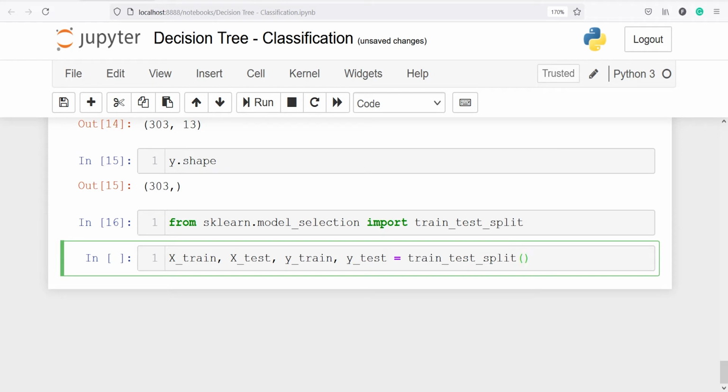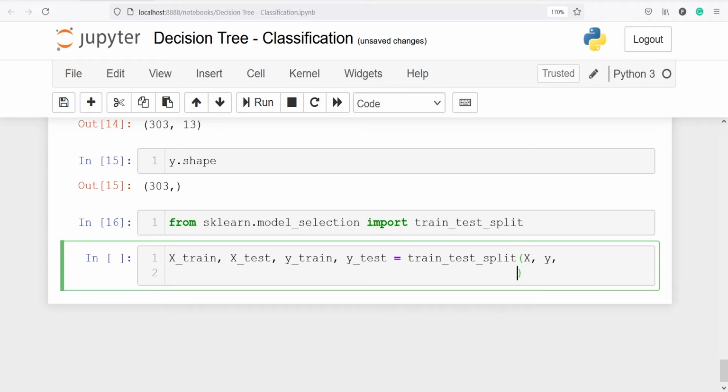Inside this I will pass our X and y data frame, and I'll pass one parameter, random_state. Random state, you can put any value here. Let's say I'll put 100. If you want your result to be same as mine, then you also have to put 100. Otherwise you can put any number here. That is why this parameter is known as random state.